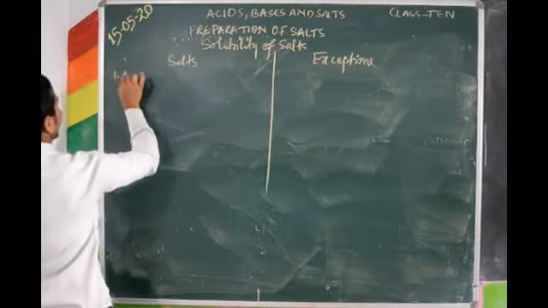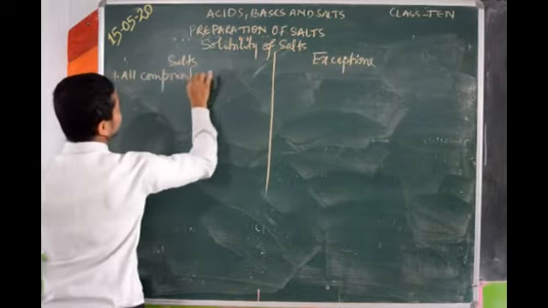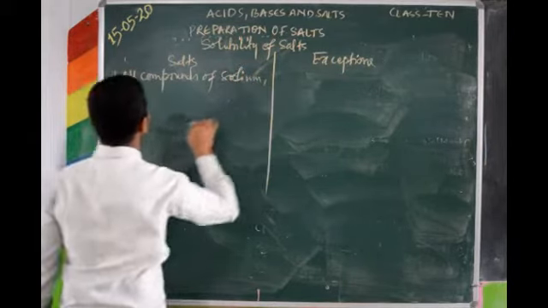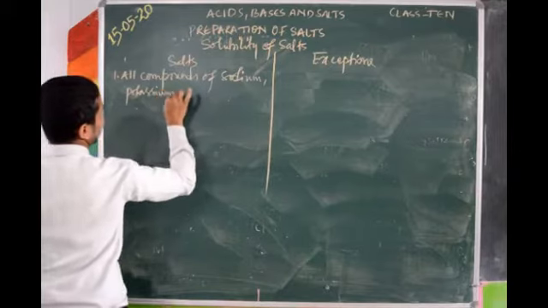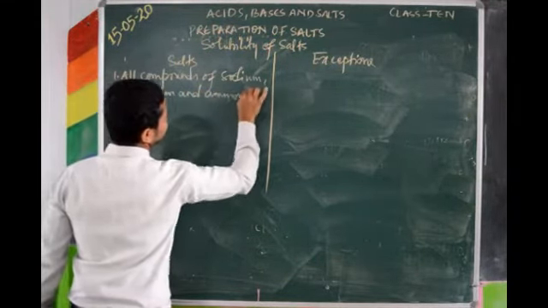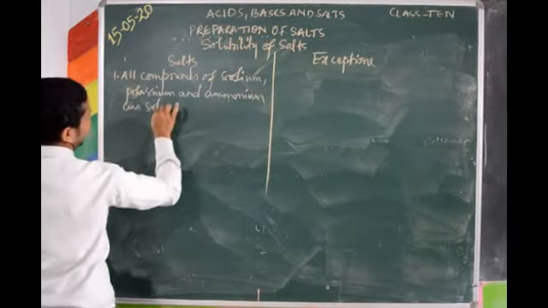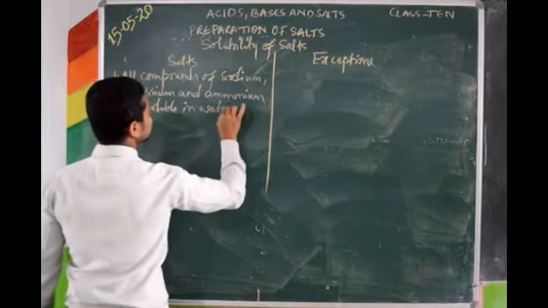Number 1, all compounds of sodium, potassium and ammonium are soluble in water. For example,